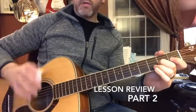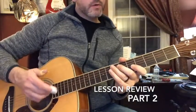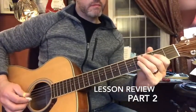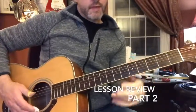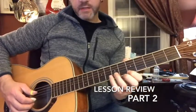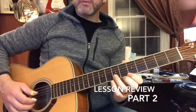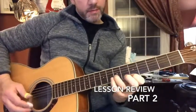Alright, so that's relative to the minor pentatonic. Going to the 4 chord. When we go into the 4 chord, we're going to use that Lightnin' Hopkins kind of form, but now we're going to use it relative to the D major. It won't always be appropriate, but here we